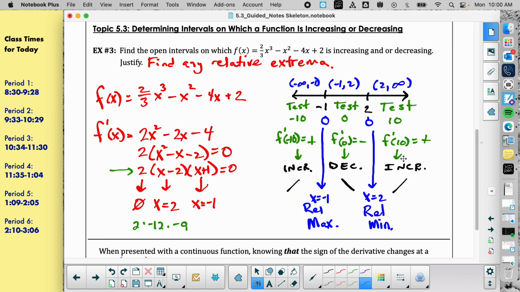So if it asks you to justify why it's a relative max or min, you would say it's a relative max because f prime from negative infinity to -1 is greater than 0. F prime from -1 to 2 is less than 0. Okay, and then the last answer that we have to give out of this,